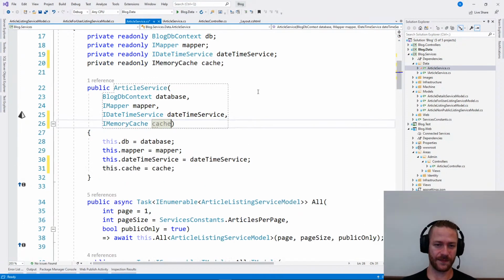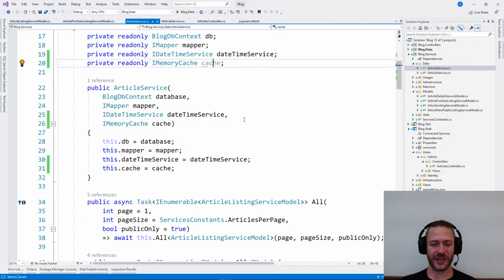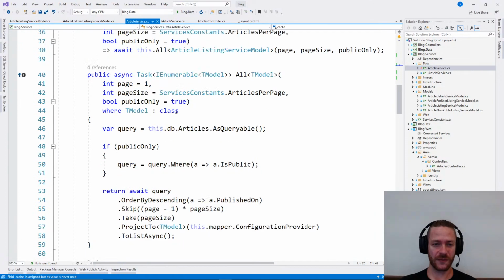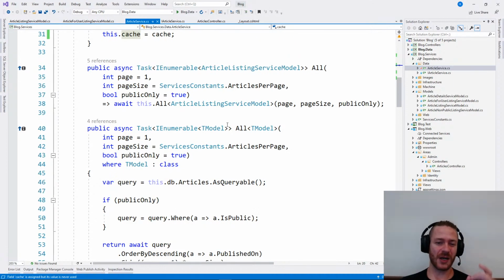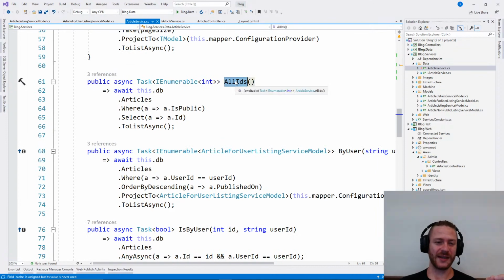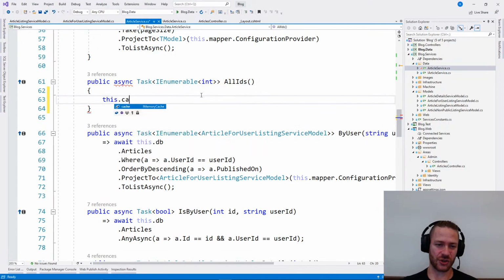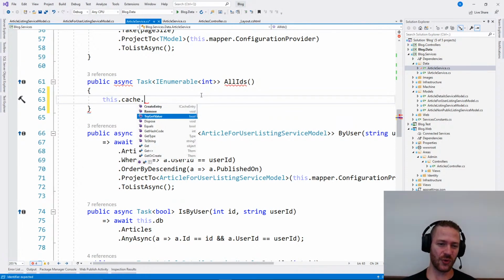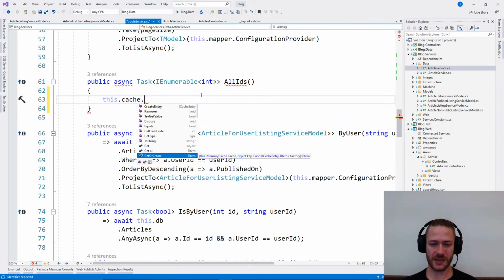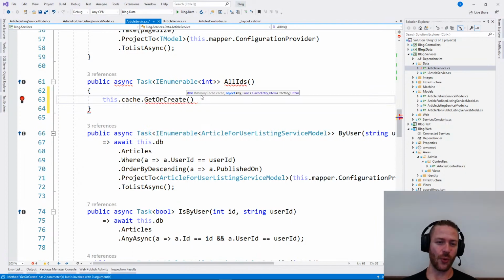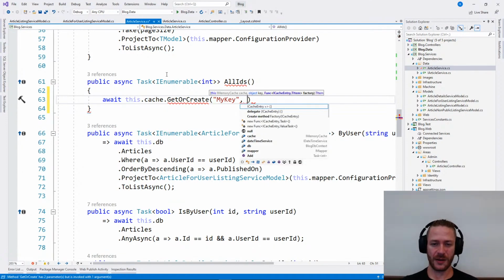We can introduce it here, and then we can use it, for example, every time somebody tries to fetch OIDs, we can cache it. We can just say the cache is like a dictionary. It has create entry, remove, try get value, or get or create, for example, is a good way to use the memory cache. We can say, okay, cache the data with some key, my key, and then